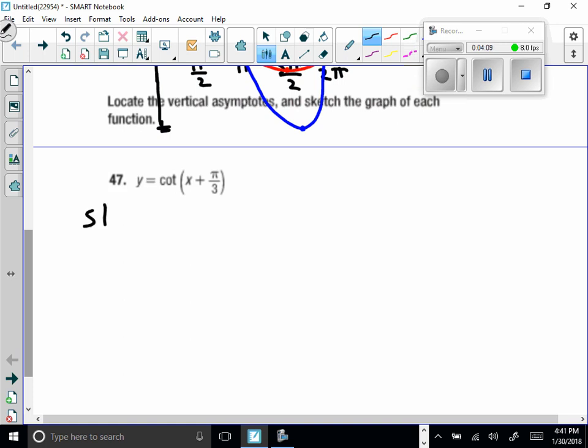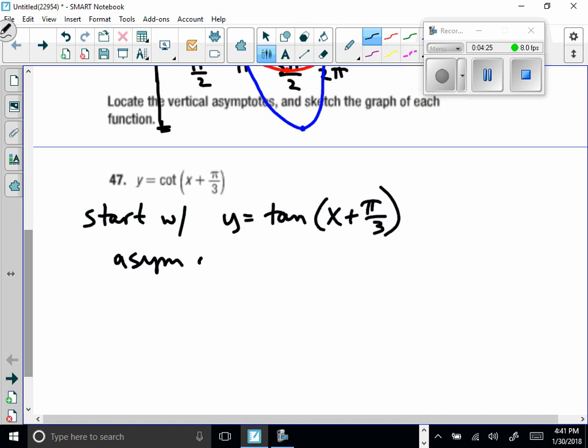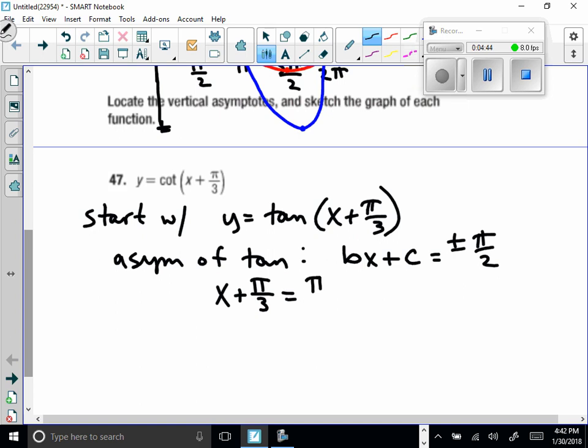We want to start with the tangent function, really is what I like to look at. So y would be the tangent of x plus pi over 3. And normally we would find the asymptotes then of the tangent. And so for the asymptotes of the tangent, you take bx plus c equals plus or minus pi over 2. And so bx plus c here is x plus pi over 3. So we'd have an equation x plus pi over 3 equals pi over 2, and an equation x plus pi over 3